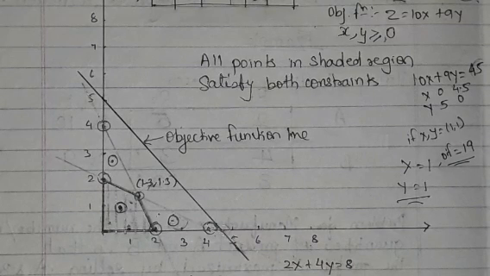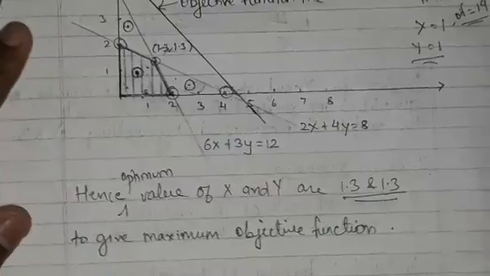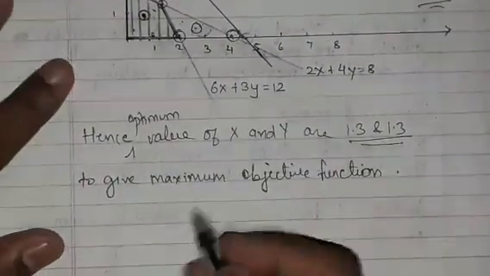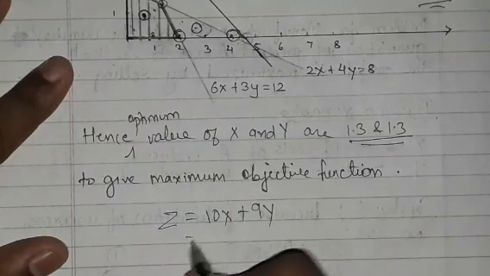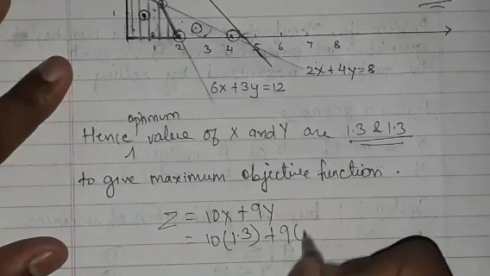But for today's consideration, the value of x and y would be 1.3 and 1.3, because this gives me the maximum value of the objective function. Now what we have to find is z equal to 10x plus 9y. So 10 of 1.3 plus 9 of 1.3